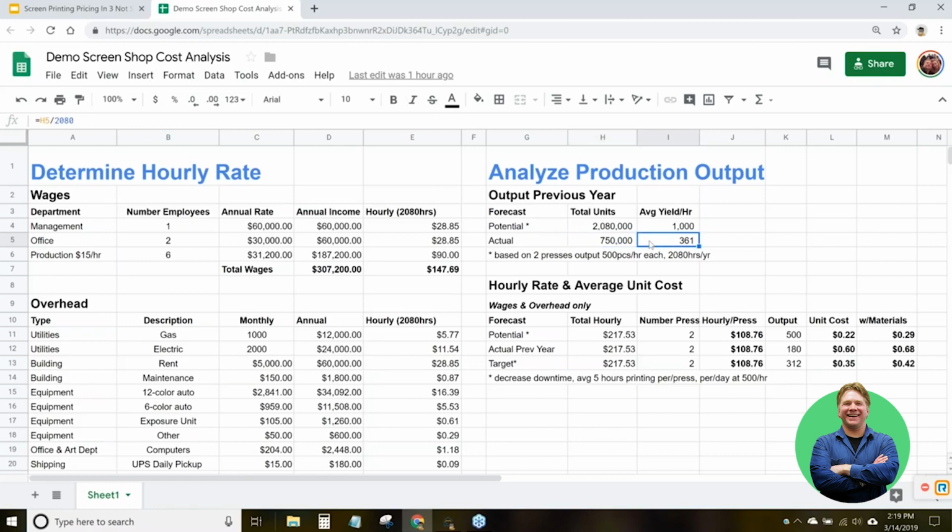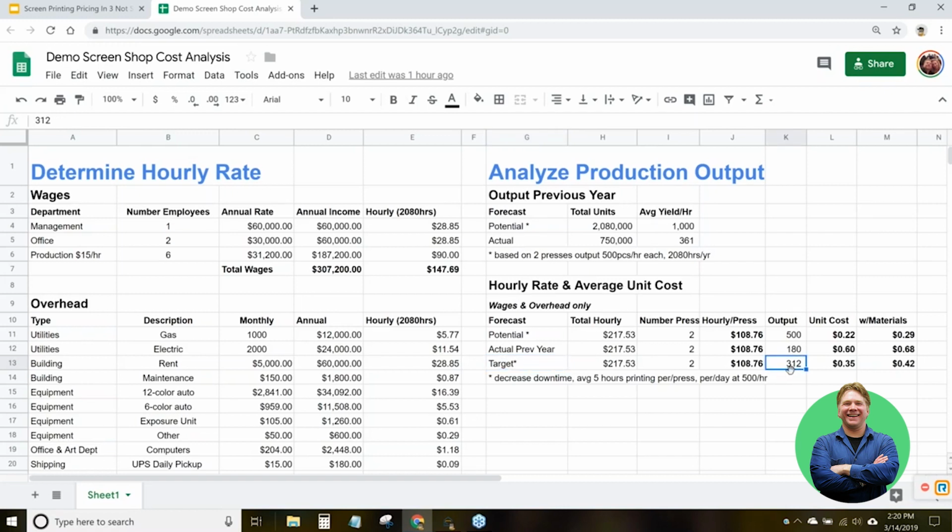So our actual in this scenario was we were outputting 361 pieces per hour. So I took a look and I said, I want to actually improve that. And I set up the target. I think we could improve that. The potential is obviously not going to happen. But I based this off of, okay, we can get 500 pieces an hour, but